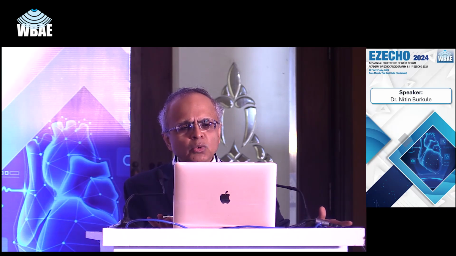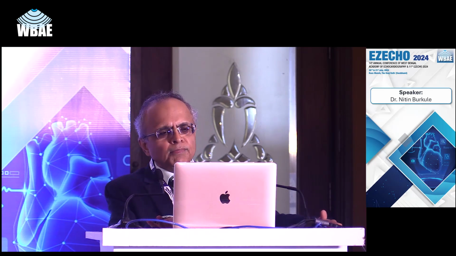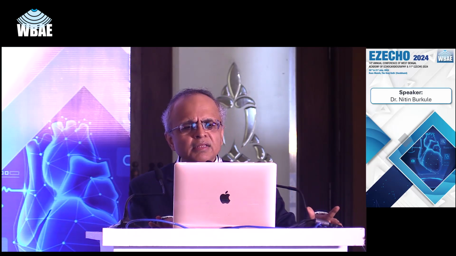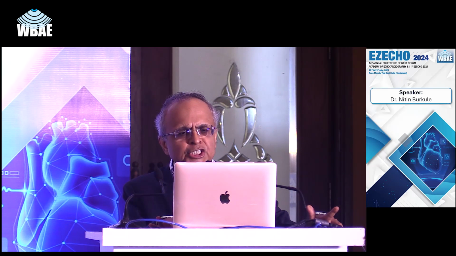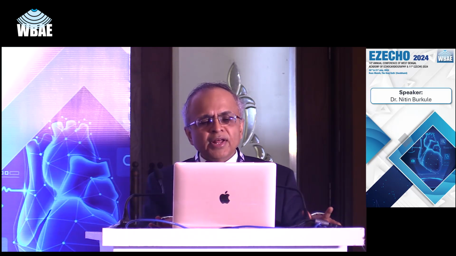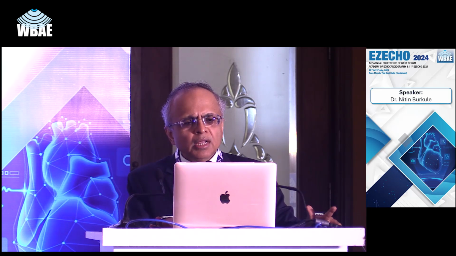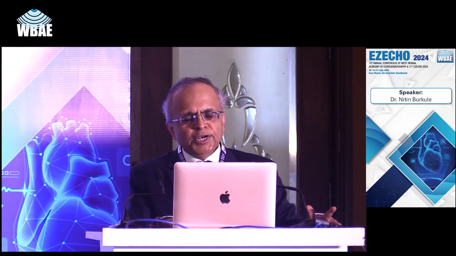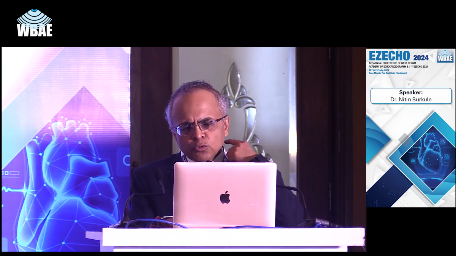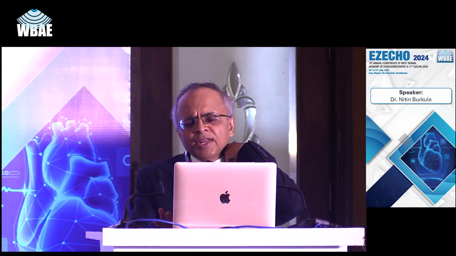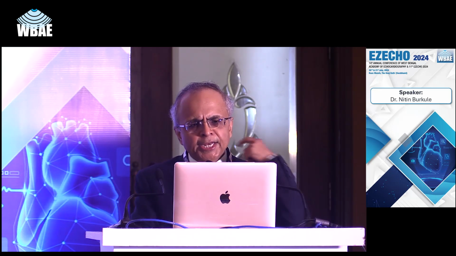Okay, quickly we'll go through certain cases. This is a posterolaterally directed jet on the transthoracic echo. And on the transesophageal echo, you look at the same thing. You have got a posterolaterally directed jet. The bicommissural view looks good, but in the long axis view, you see the flail A2 at 120 to 135 degrees. And when you go on to the 3D, it becomes very, very easy to pinpoint the A2,